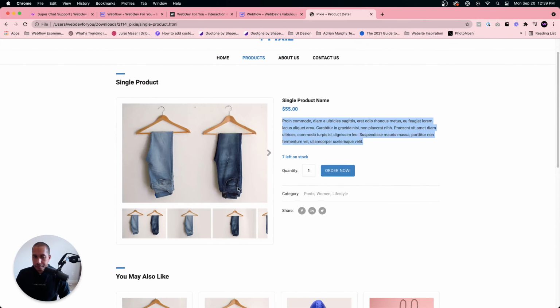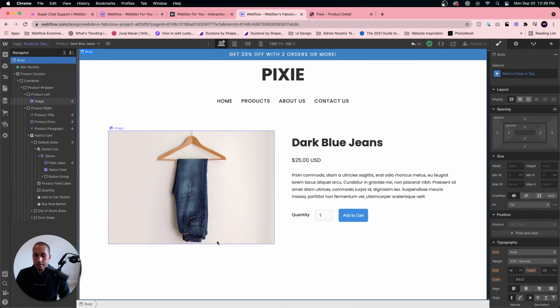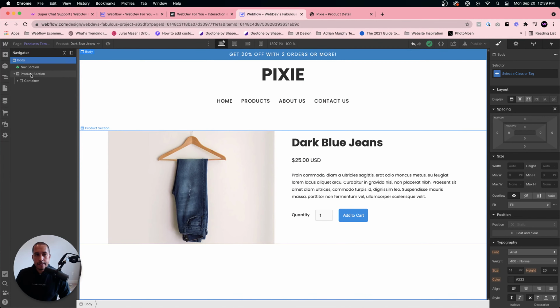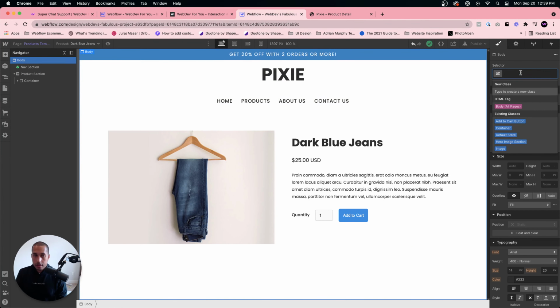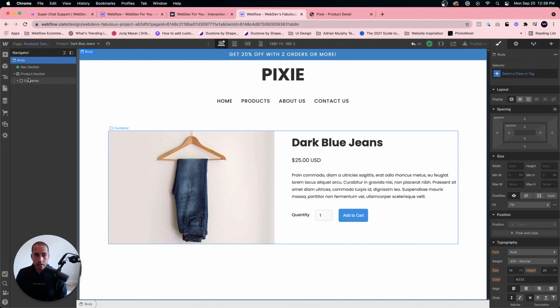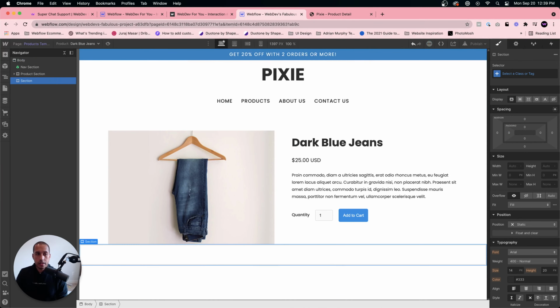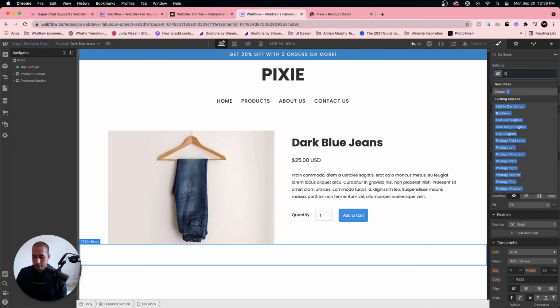Nothing at the moment. So when we're done, or actually I can do this. Let me add another section. Yeah, I'm going to add another div block actually in the body section. So I'm going to add a section, and I'm going to call this featured section. Okay, and in here I'm going to add a container,